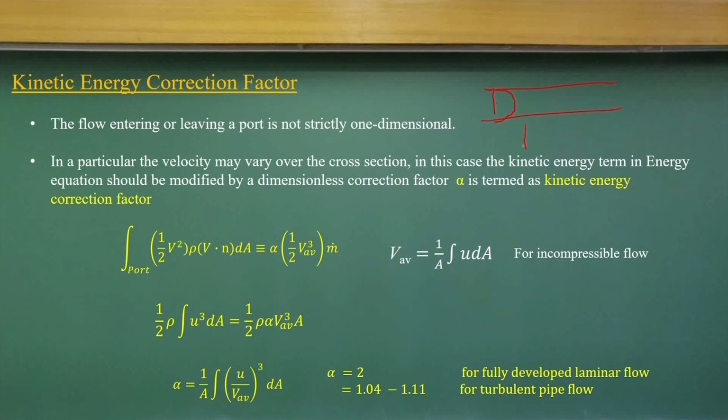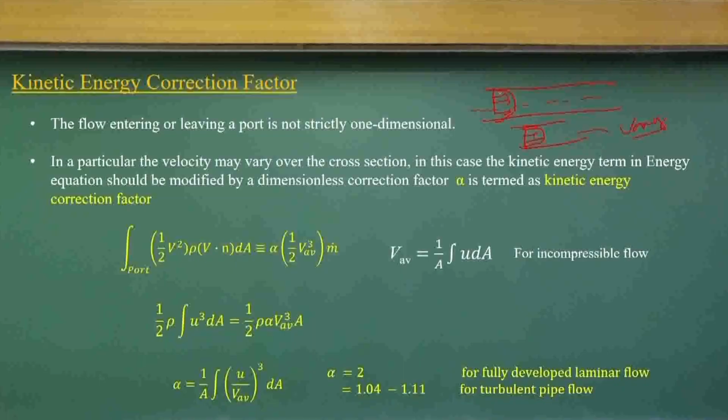The turbulent will have a logarithmic profile and the laminar will have a parabolic profile. So, the velocity distribution changes, and it is very difficult for us to use the average velocity to compute the kinetic energy, because the flow within these pipes has a parabolic velocity